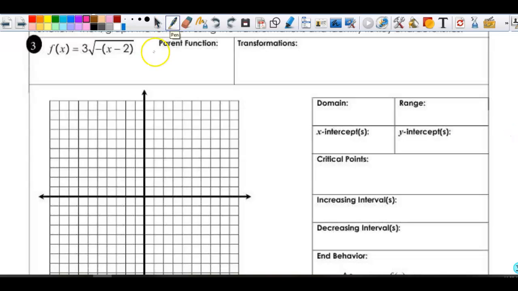All right, so this is a square root function. That's f of x equals the square root of x. Transformations, I have 1, 2, 3 of them. So this 3, when I multiply by, and it says after the square root, so that means this is a vertical stretch